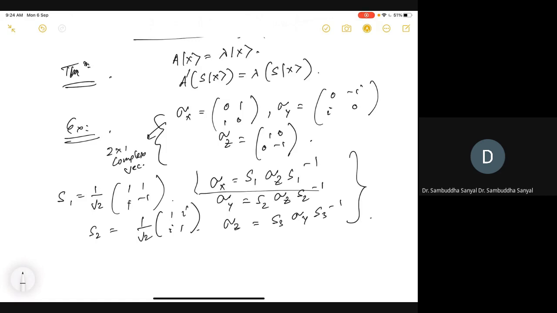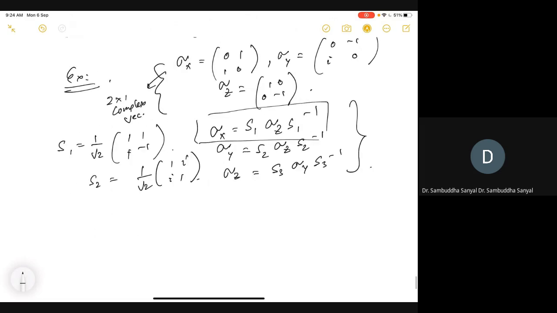If you write it down without knowing what S1 and S1 inverse are, you write them as some generic ABCD matrix, you can solve some equation and find them. Okay. Similarly, S3 also has some form. Now you can check that if this is the case, then there must be a simple relation between the eigenvectors of sigma z and sigma x. And it is indeed the case.